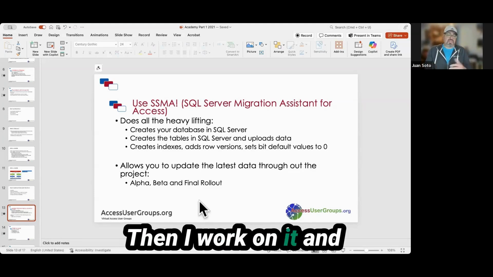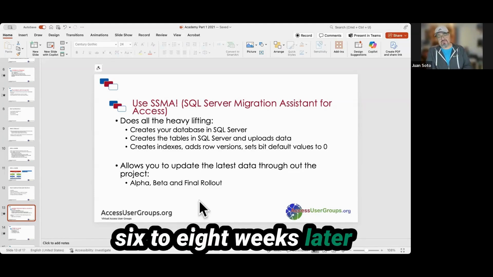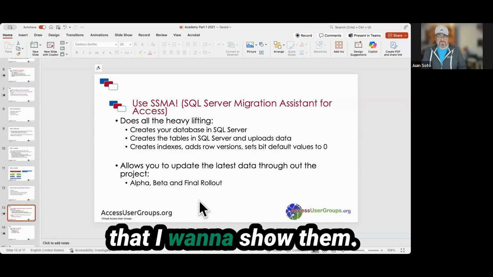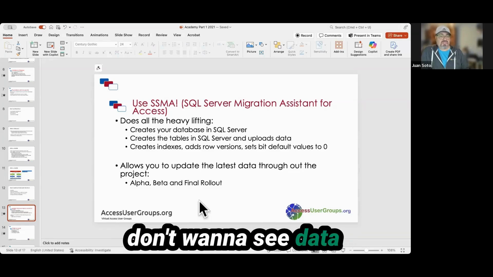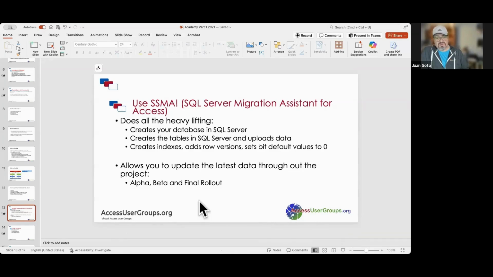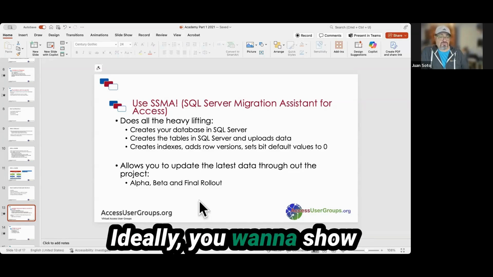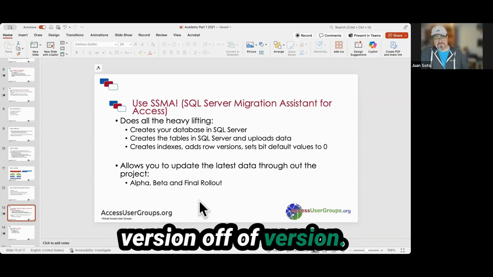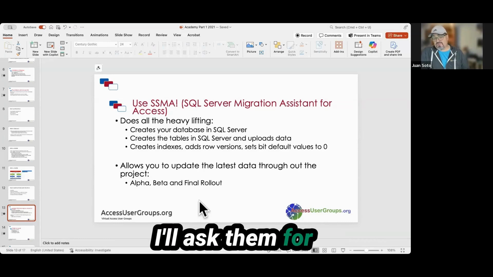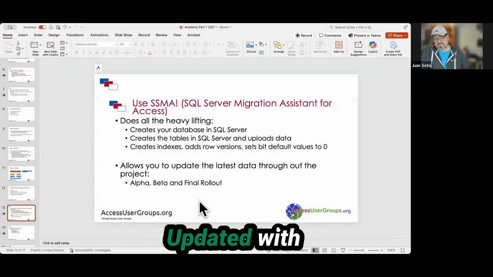Then I work on it, and six to eight weeks later, I have an alpha version that I want to show them. Well, when I show them the alpha version, they don't want to see data from six weeks ago, right? Ideally, you want to show them the most recent data possible. So just before the alpha version, I'll ask them for their latest backend file and update SQL Server with the Access data.